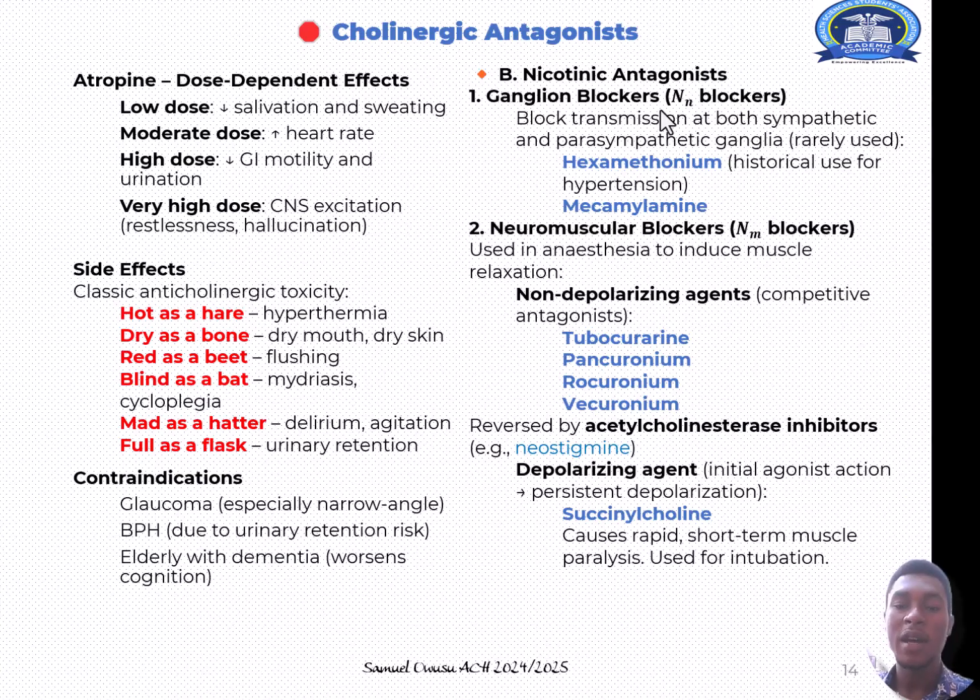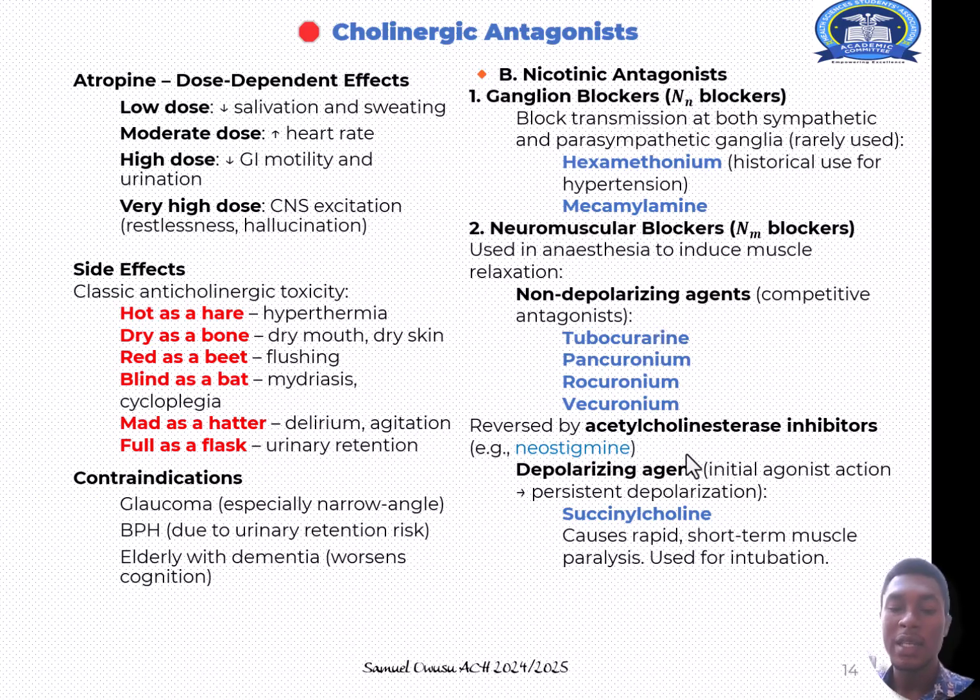Then we have selective nicotinic antagonists, and those are categorized into ganglion blockers and neuromuscular blockers. The ganglion blockers are hexamethonium and mecamylamine, and these tend to block transmission at both sympathetic and parasympathetic ganglia. Okay, the neuromuscular blockers are the ones whose effects are seen in the skeletal muscles, and so these tend to act